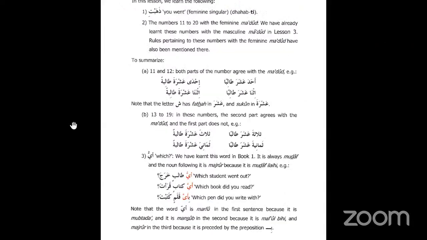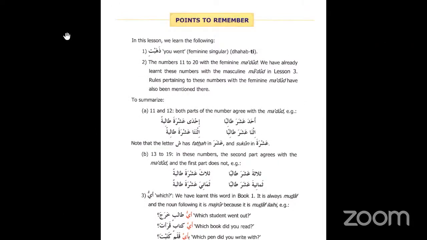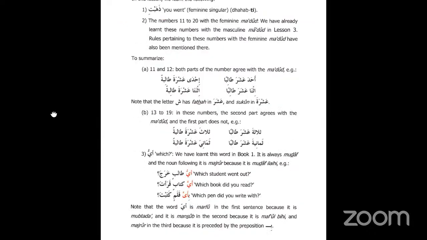Bismillahirrahmanirrahim. In this lesson, we learn the following. Number 1: zahabti, you went, feminine singular. Number 2: the numbers 11 to 20 with the feminine madud. We have already learned these numbers with the masculine madud in lesson 3. Rules pertaining to these numbers with the feminine madud have also been mentioned here. Now to summarize: A, 11 and 12, both parts of the number agree with the madud. Example,